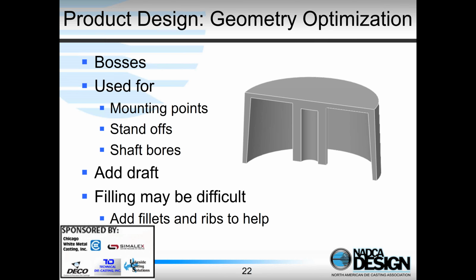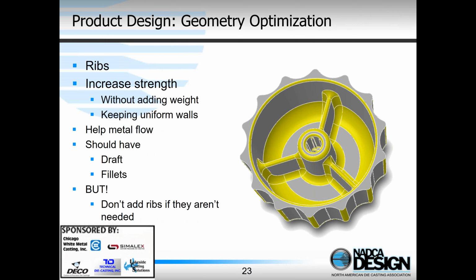Excuse me. Bosses are also useful if we need standoff, for instance, for intricate electronics, we can use bosses. But again, as we've talked about, we're going to need a draft on the bosses. Sometimes these kind of bosses can be a bit problematic to fill, so in that case we can add ribs, and that helps us with the filling of the liquid metal. So here you can see we've added ribs to the inside to help feed the liquid metal to that boss,